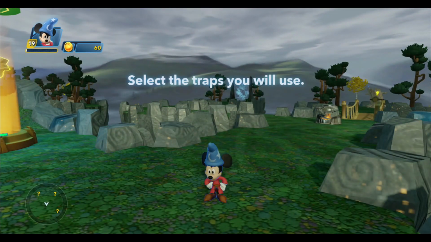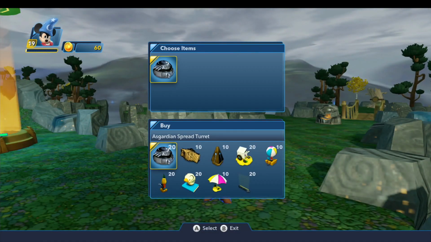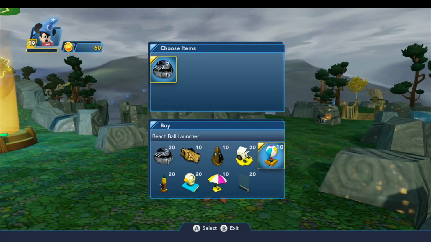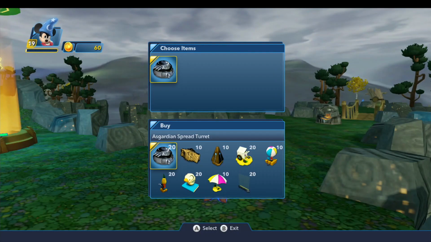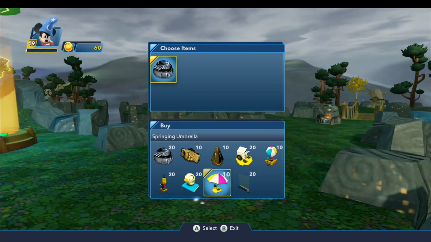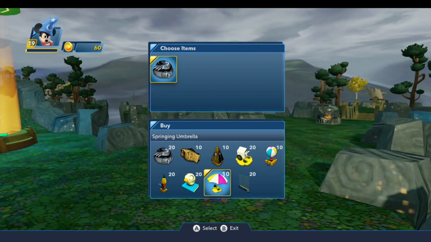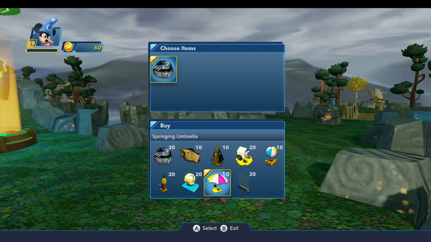Now we select the traps that we're going to use for the next wave. That opens up the shop for us. And we have a number of items that are available. Mickey has access to all kinds of technology from all different kinds of eras. So being a sorcerer, I guess he can do that. And you'll notice we have 60 coins in our inventory in the upper left. We have to be careful how we spend in the shop,